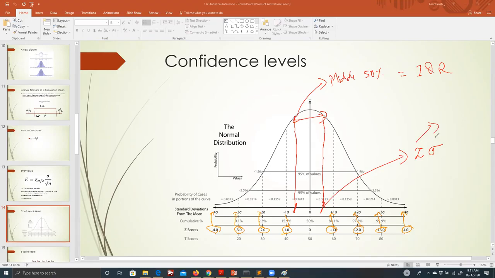Minus 1 sigma to plus 1 sigma? No, because now you are wrong here. Mu minus sigma to mu plus sigma is about 68%, but I just want the middle 50%, that is IQR. So basically what we are aiming for here is, what is this value of z sigma which just covers the middle 50% only.